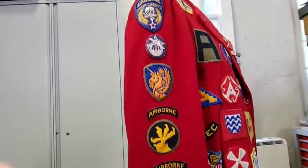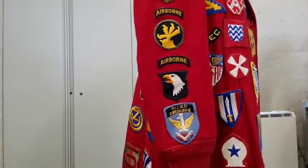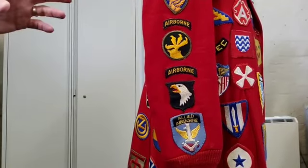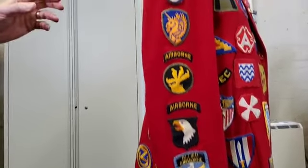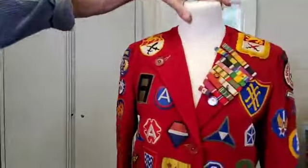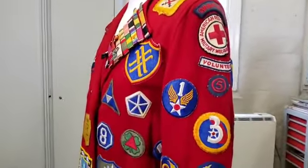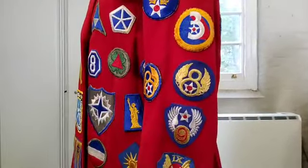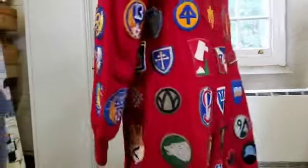And looking on the sleeve here, the right sleeve is all airborne units. So you'll recognise the Screaming Eagle of the 101st Airborne Division, quite a famous one there, for example, and various other airborne units. As I say, some of these were involved in the Battle of Normandy, and some came on later on. So that's the right sleeve, and just look at the other sleeve. You can see that there's various US Army Air Force units. For example, here we've got the 8th Air Force, which was the American Bomber Forces. And then moving around to the back of the coat,